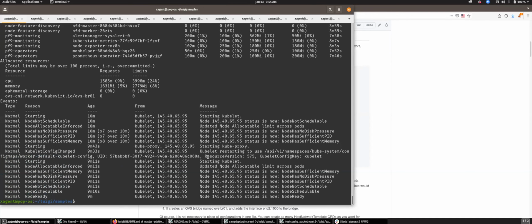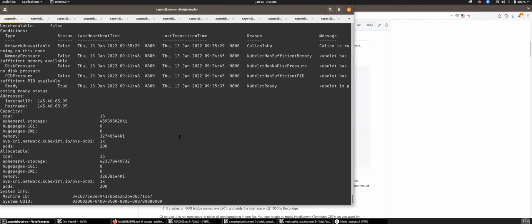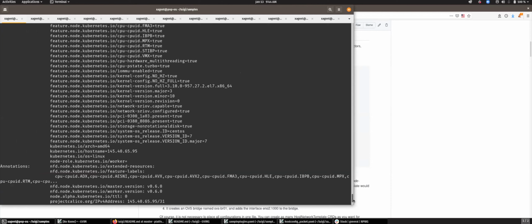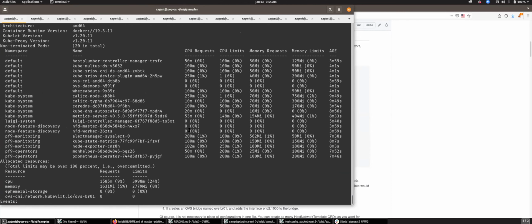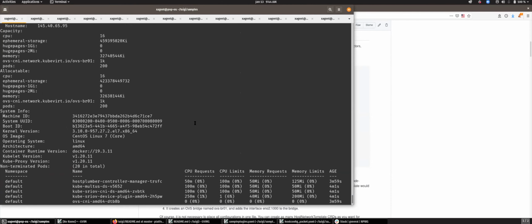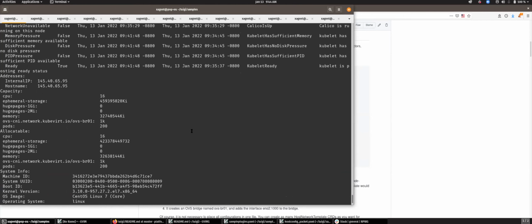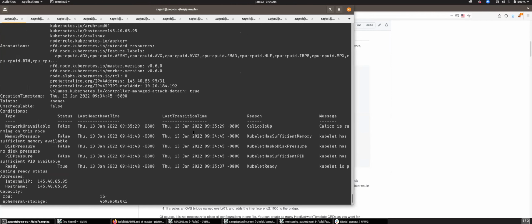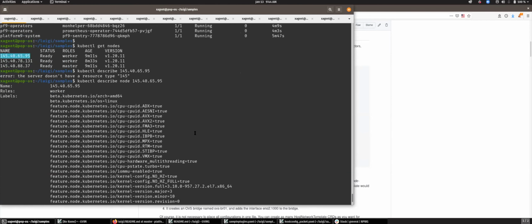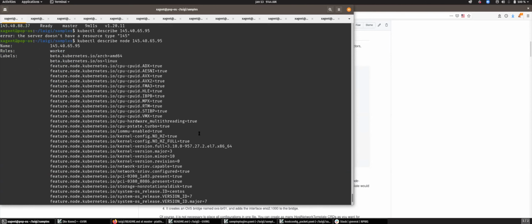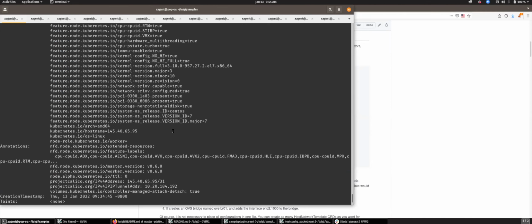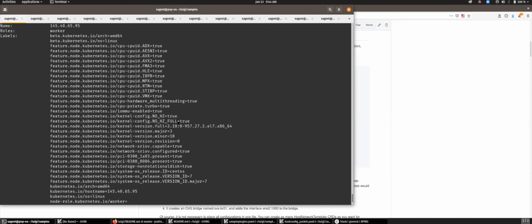So if we describe the node, we can see that it has... Looks like it's there in the labels, right?